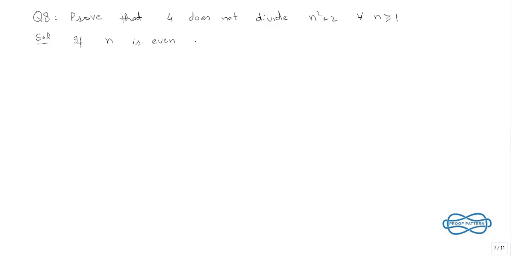When n is even, there must exist an integer k such that n is 2k, and if we put the value of n here, we get (2k) squared plus 2, which equals 4k squared plus 2. And if we divide this by 4,